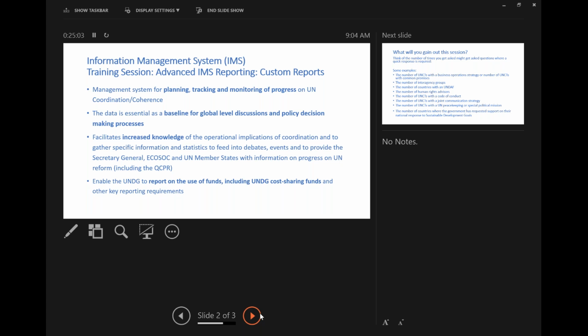And the final thing is that this data helps us basically to report on the use of funds, and specifically the UNDG cost-sharing funds.